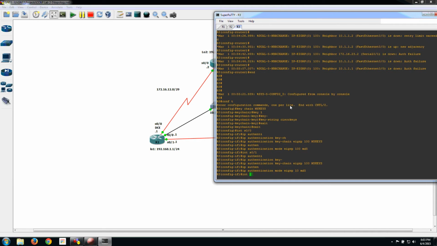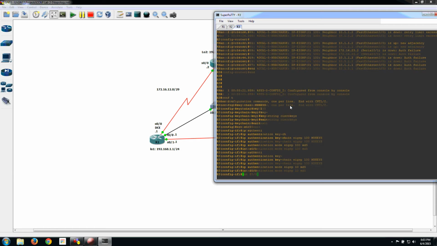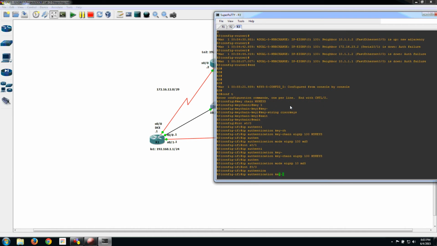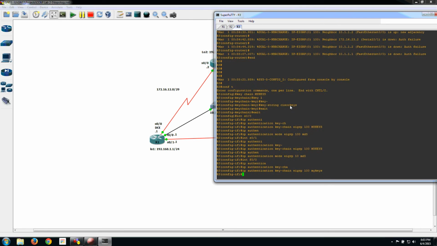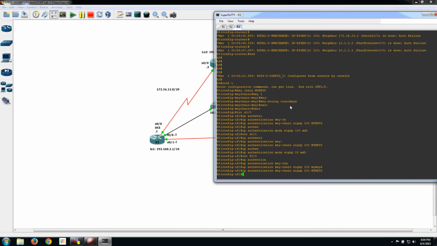And S0/0. Keychain EIGRP 100 my keys. And the authentication